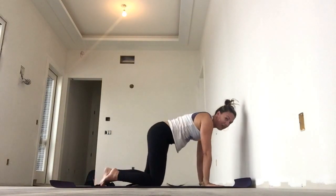Really not worried too much about whether your heels come to the mat. It's no indication as to how amazing a yogi you are. I've been practicing for like 15 years and my heels are still nowhere close to the mat, so it's no big deal. So what you're going to want to do with your downward facing dog is